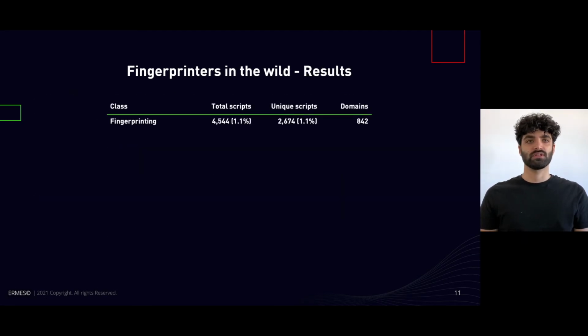So here you can see the results we obtained on this dataset. We ran the static analysis over it, as it was the only analysis which was capable of analyzing this dataset, since it is composed of raw JavaScript files. As you can see, the static analysis concluded that about 1.1% of the scripts which users encountered during their navigation